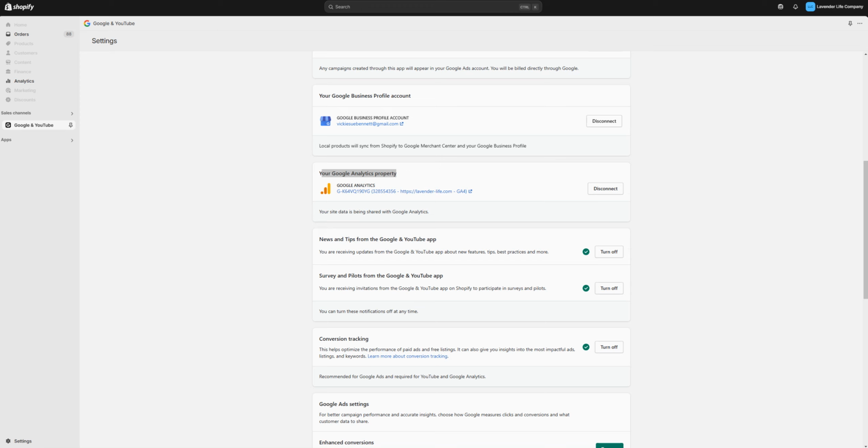Now here, since you have this set as secondary, the Elevar purchase, Elevar server-side integration, this is much more accurate compared to your primary conversion, since this is not sending any duplicate purchase data. To fix this duplicate reporting, all you need to do is just disconnect this setting in the Google and YouTube sales app. That's it.